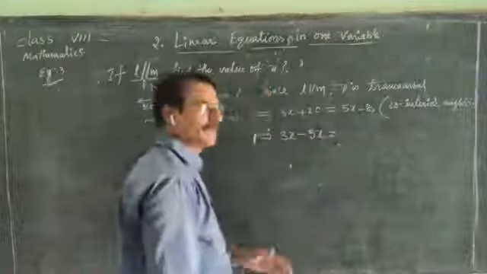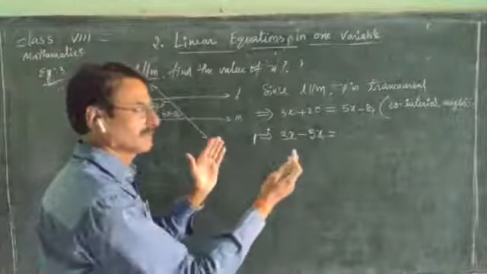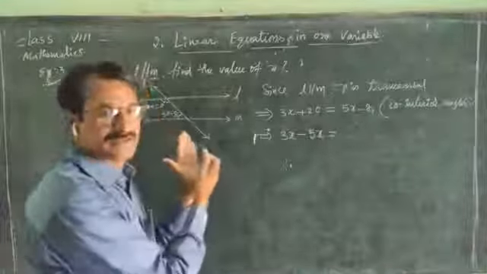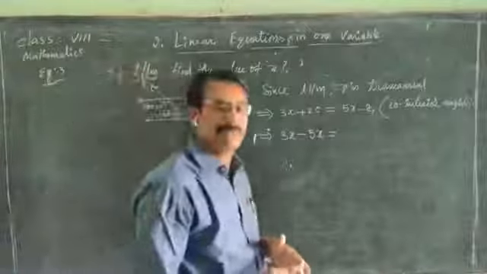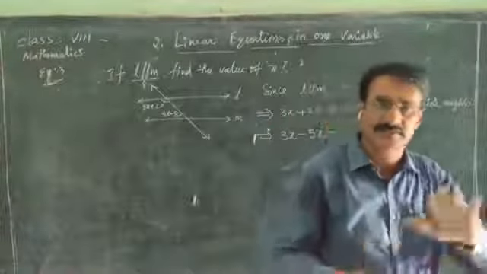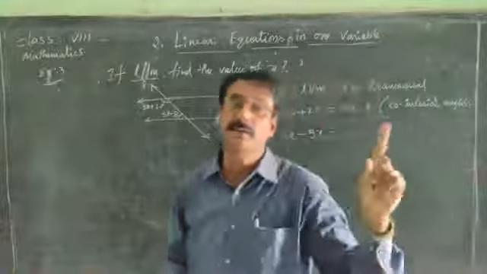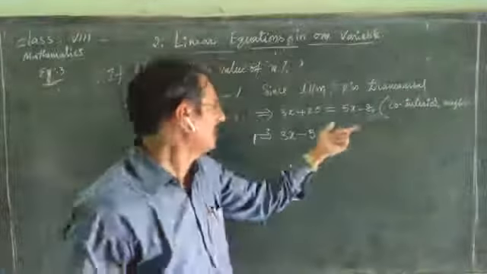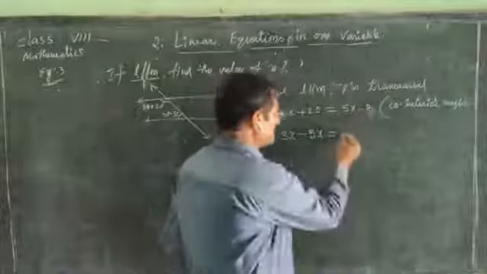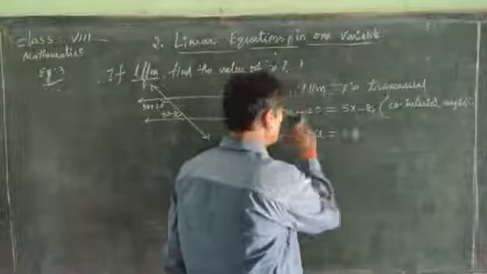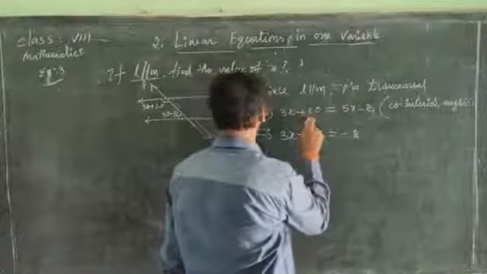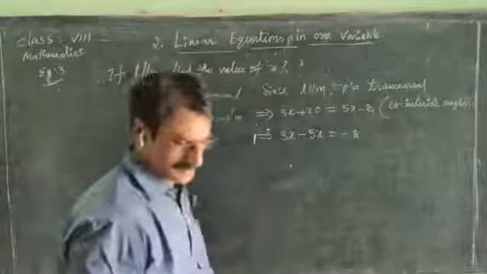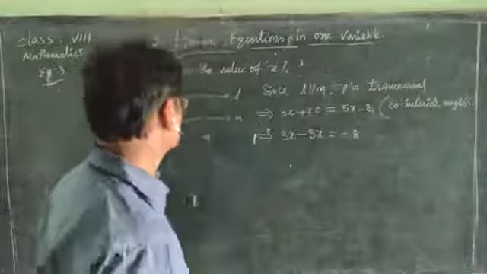Okay. The x terms came to one side. On which side? Left hand side. So we must send the constants to the opposite side. That means RHS. Already in RHS, minus 8 is there. And send this plus 20 to that side. It becomes, oh sorry, a small mistake is there.